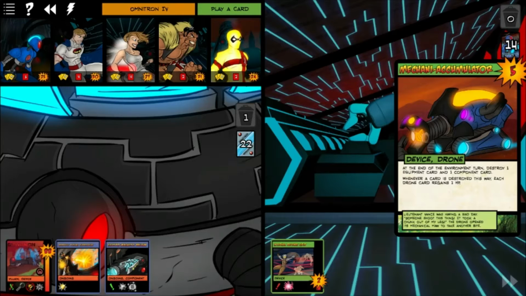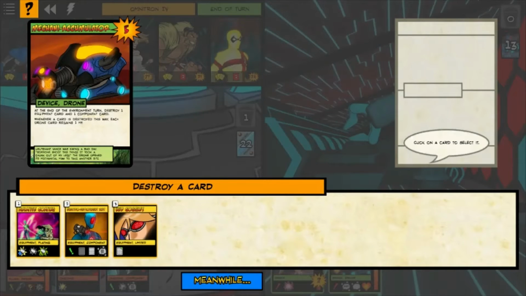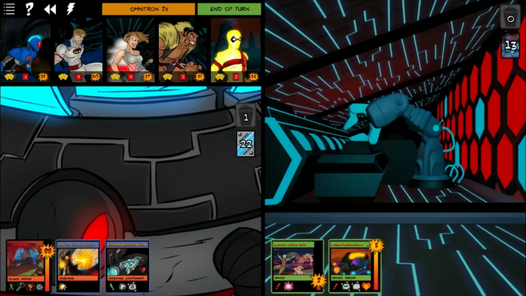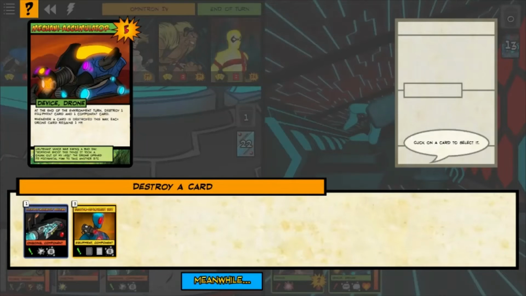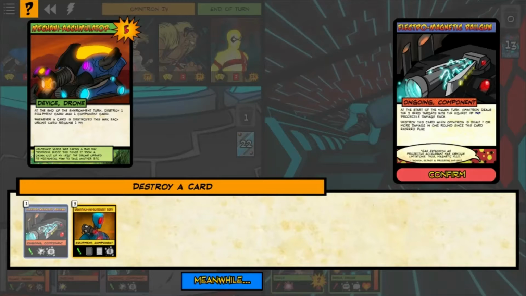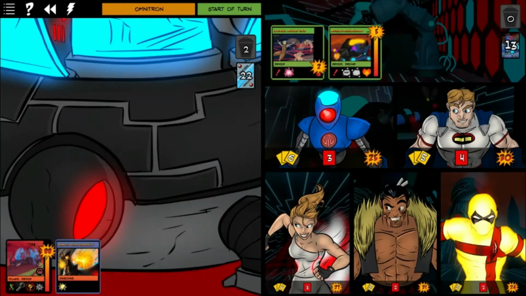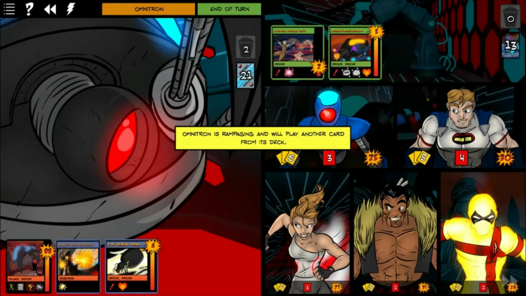Mechanic Accumulator. Okay, so he's going to want to destroy equipment. I guess we're losing the goggles. Maybe I should have discarded them. Completely forgot about that. And we'll get rid of the railgun. So he's at least helping us with that bit, but...